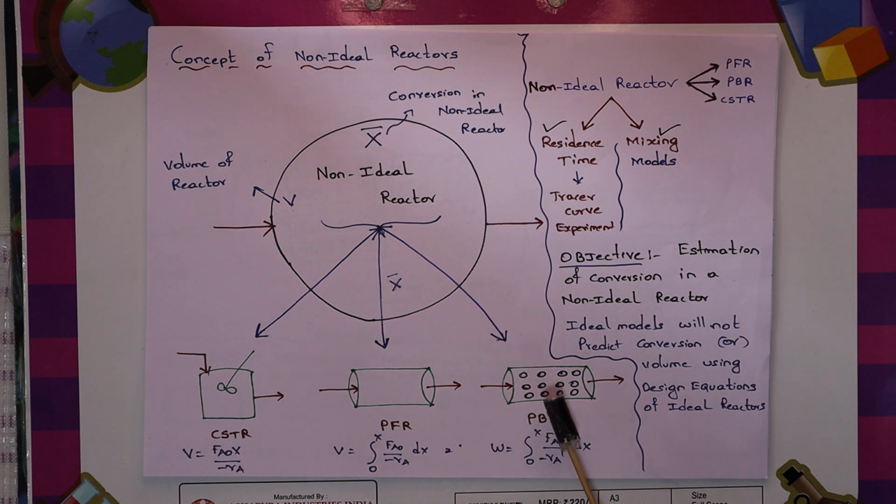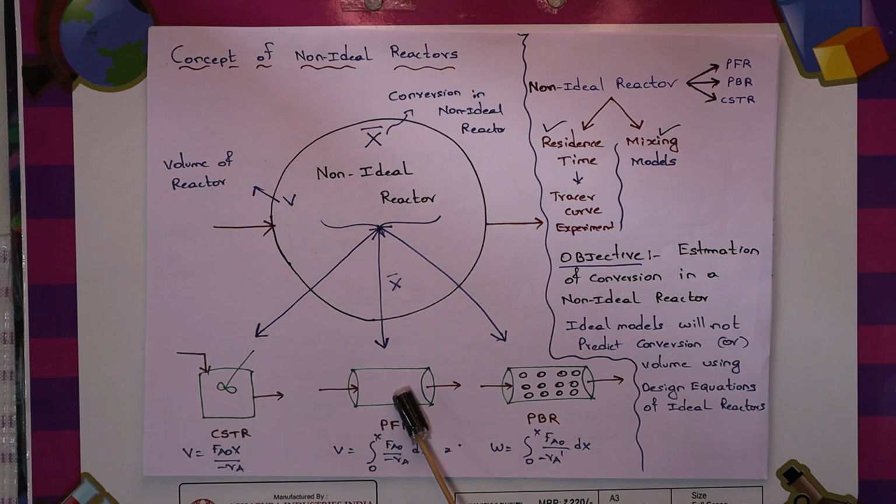And in the case of a packed bed reactor, the weight of the catalyst required for a specific conversion X in this reactor is the integral from 0 to X of FA0 by minus RA dash into dX. So RA dash represents the rate of reaction with respect to mass. Don't worry. That means the ideal reactors follow certain equations, whereas non-ideal reactors, which could be a CSTR,